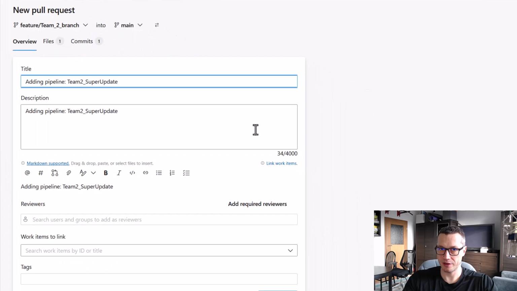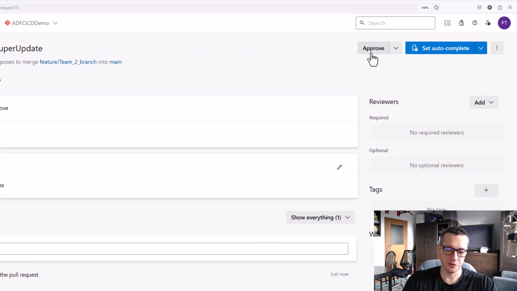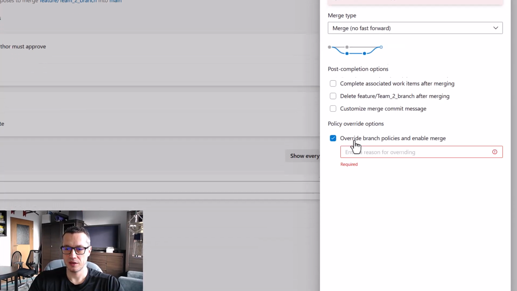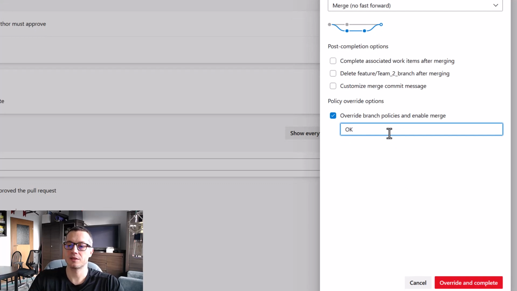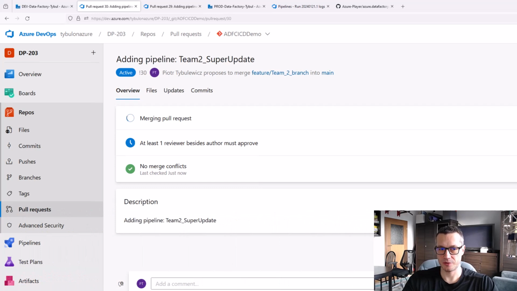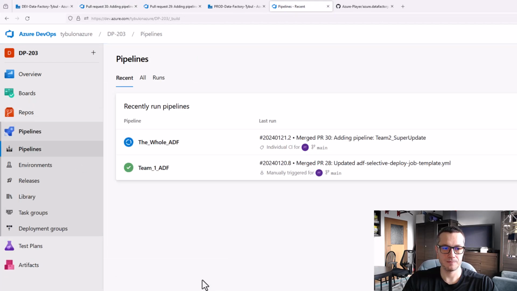So I will create yet another pull request. I would review it, and let me simply approve it. Yes, I'm the admin, so let's override the policy. So the change is being merged right now, and after it is merged, the automatic CI/CD should start. It is already running. That again will grab everything that is merged into the main branch, and